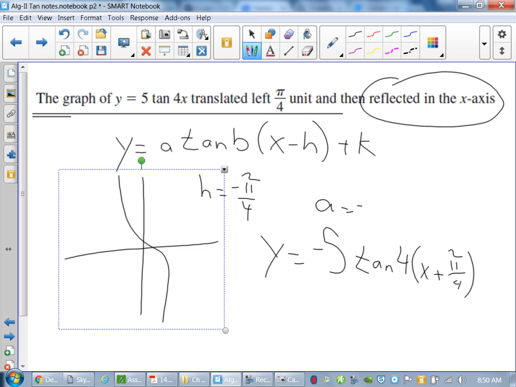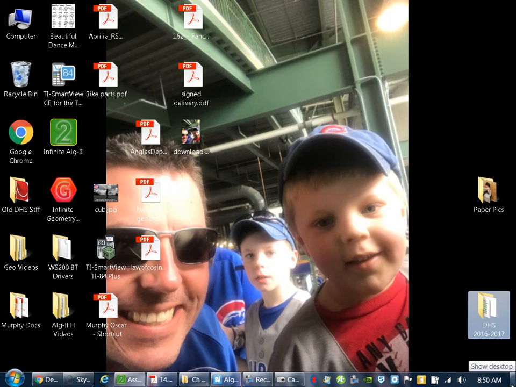In case you ever wanted to look at these things in your calculator to see if you are getting the right idea of what the graph should be, do you know how to enter it into the y equals? Or better yet, what mode do you think your calculator needs to be in? Radian or degrees? You want to be in radian mode to graph these. All right? Now, the other thing is, if you're going to put in a sine or a cosine graph, let me open this up, just in case you ever have to.